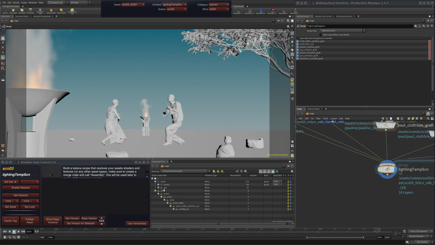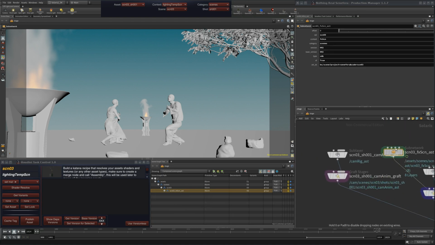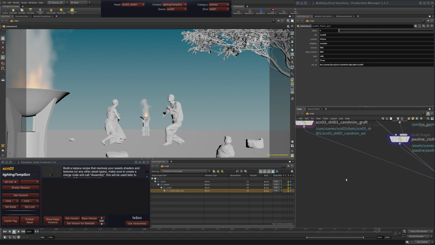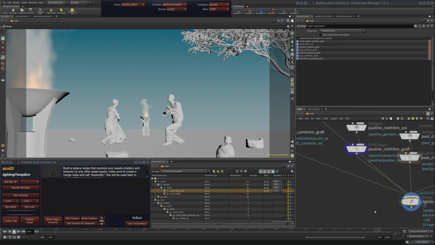This is the camera and these are the assets. In the scene level, you will find that this is the fluid effects, which is loaded here. You can query the version of it by clicking on this button. It's effects version 2,